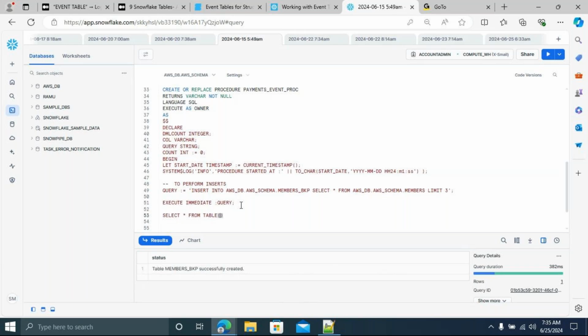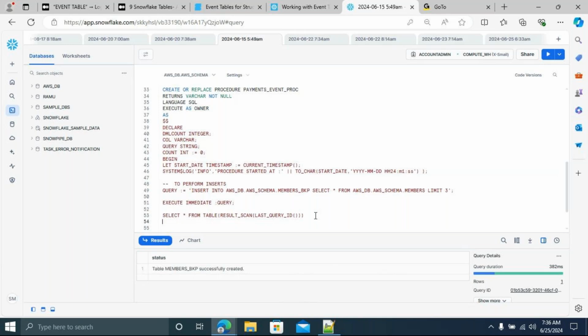We have one function called result scan. This is a function actually. In that you have to provide the last query ID. What will this last query ID function do, right? After executing these things, this is a query, right? It will take the last query ID and scan those results, and then finally find the count. Good. Last query ID. This is how you can find the count of the last runs. Everything good, right?